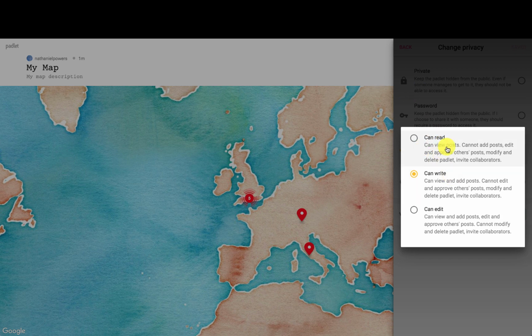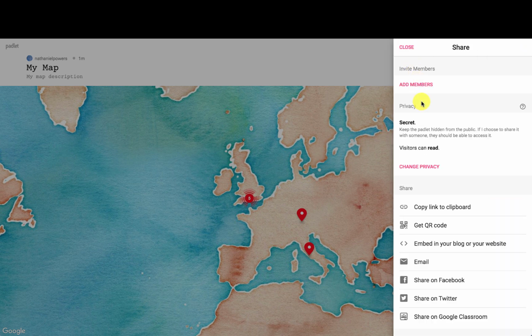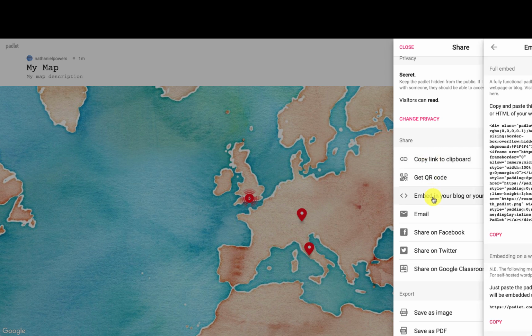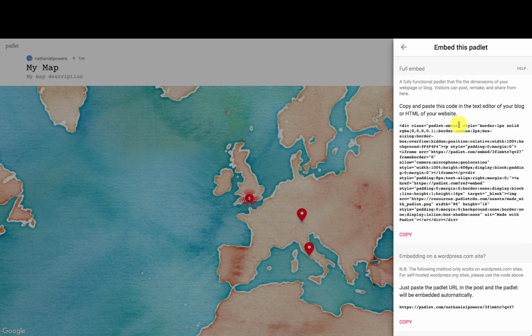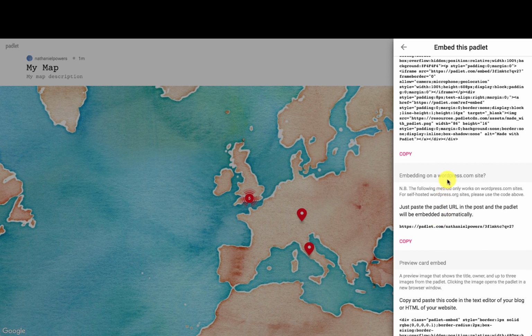Let's change it to can read. And we're going to save our changes there. Go back. I like embedding these, and it gives you a full embed option. It also gives you the convenience of embedding on a WordPress site, so you don't need to